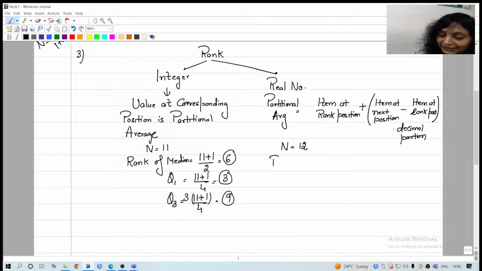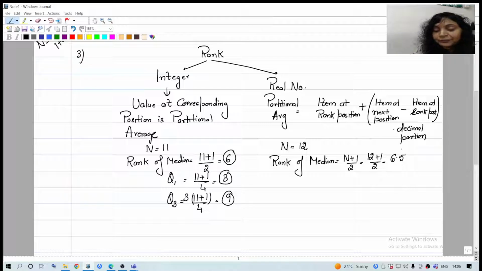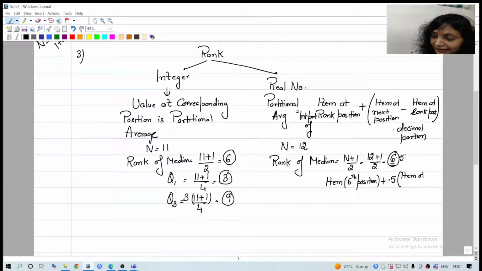So rank of median is equal to n plus 1 by 2, that means 12 plus 1 by 2. So this becomes 6.5. Now how can we find the median? Take the item at the integer part of the rank position, that means the item at 6th position, plus the decimal part, 0.5, times the item at 7th position